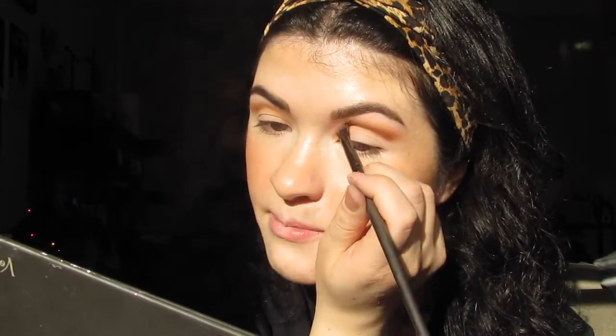It's a tinier crease brush because I have deep set eyes, so I really want to define that crease. And I have a small amount of real estate to work with, so that's why I'm using such a tiny brush. That's a really good tip that I actually learned from Tati's channel, is that if you have a deep set eye or a hooded eye and you feel like you don't have a lot of space to work with on your lids, as opposed to somebody who has bigger lid space, then you can just go in with a